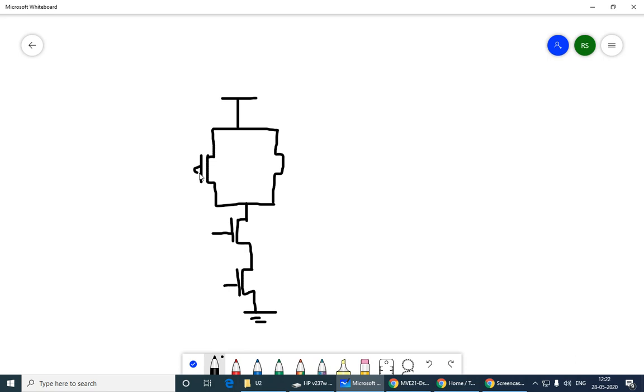Okay, and it says in the question, but it might not say every time, sized similar to unit inverter. So once we have that statement, then we can put the sizes for each of these transistors also. Sometimes the size might be given, then in that case your work is easier. But if the size is not given, we can always assume it is equivalent to unit inverter. So we can put the sizes 2, 2 and 2, 2. And what is the equivalent inverter? That is always what we have to do when we calculate logical effort. For any gate, find out which is the equivalent inverter, and then we can do that ratio.